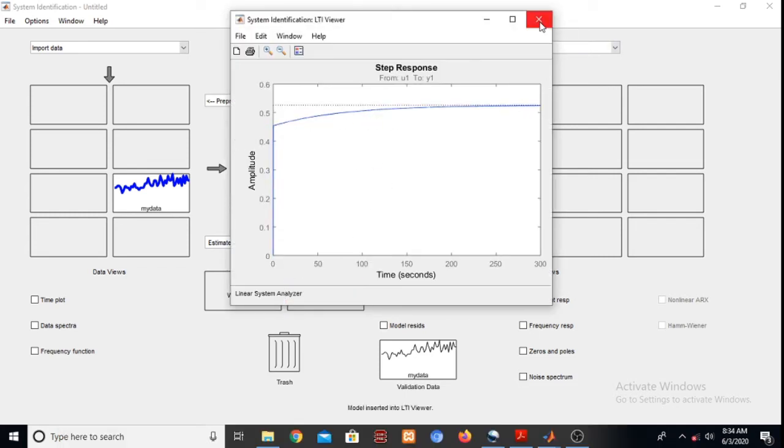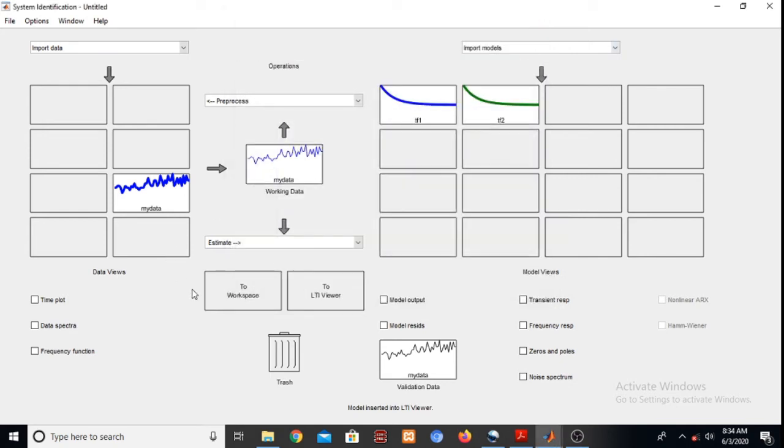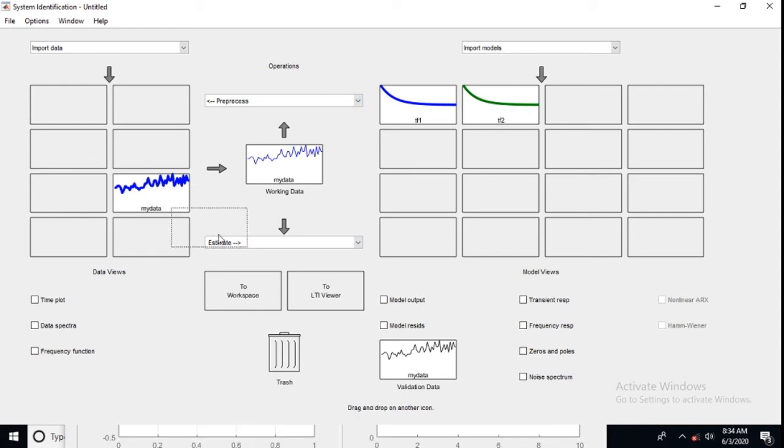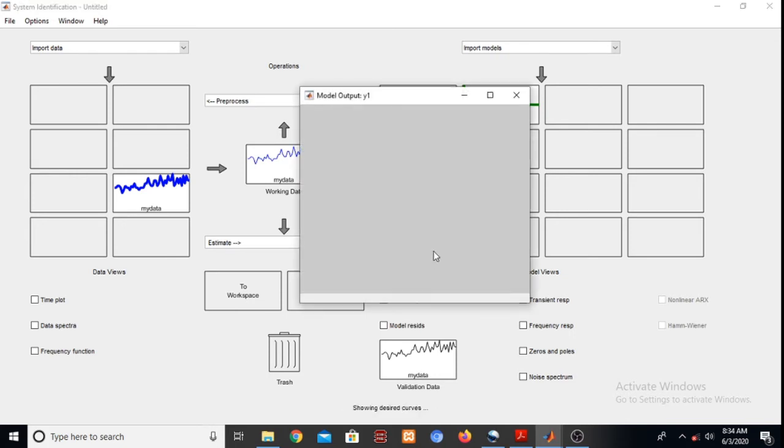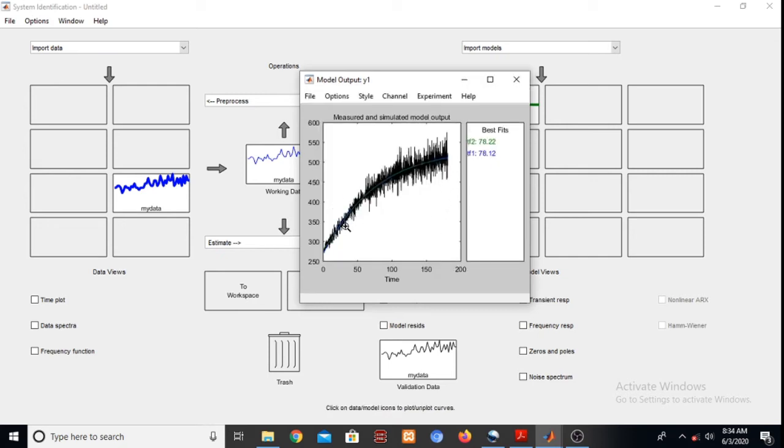Okay, now in order to see whether the given transfer function fits the data, you will find that 78.22% and 78.12% both are fitting the given data.